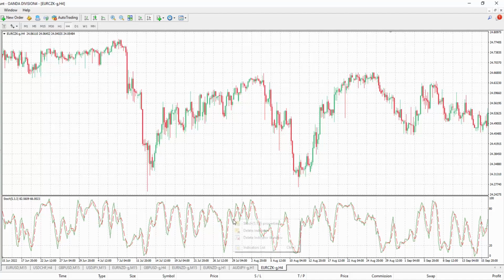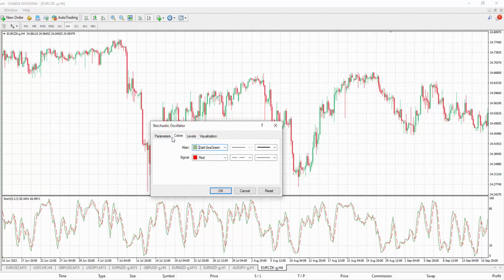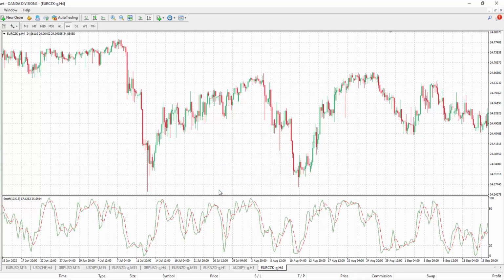But the thing that you can do with this particular indicator is you can play around with the parameters. So I will just set it up with longer time periods. And now the indicator looks a little bit